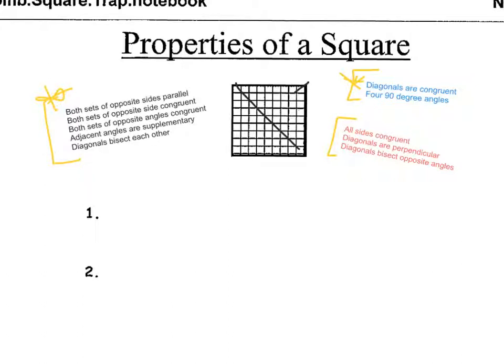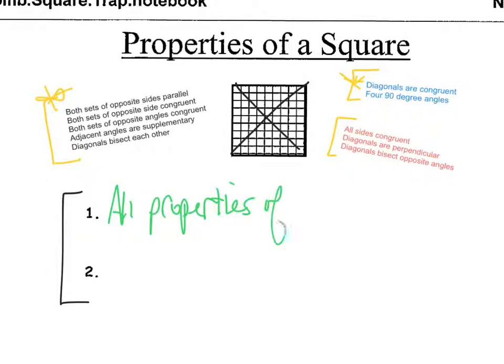So, if a square has so many properties, how come I've only given 2 spots for properties? Well, what we're going to do is, just to sum it up, we're going to say that the square has all properties of a rectangle, which it does, and we're going to say it has all properties